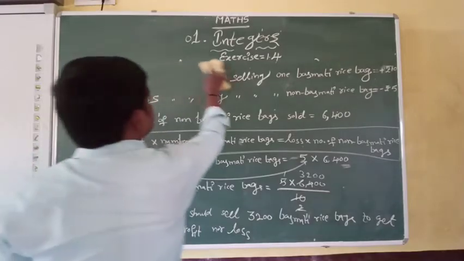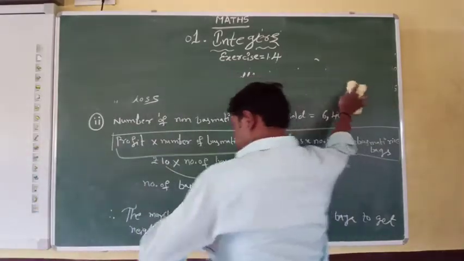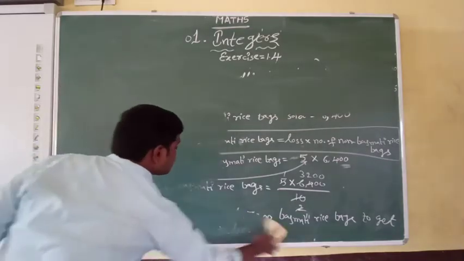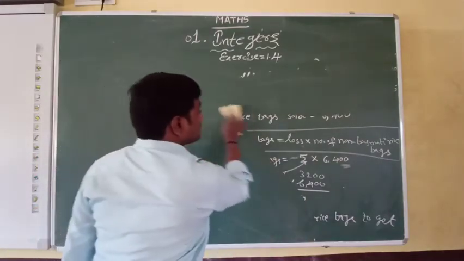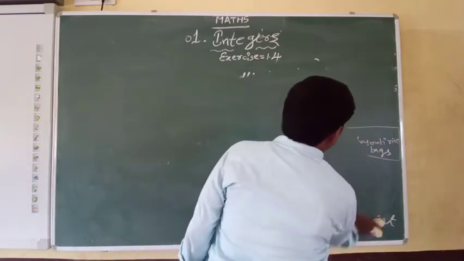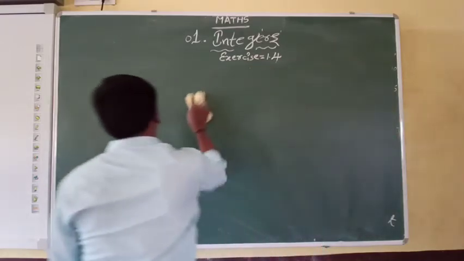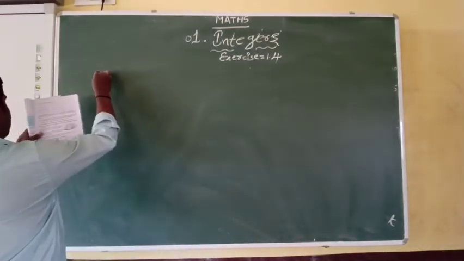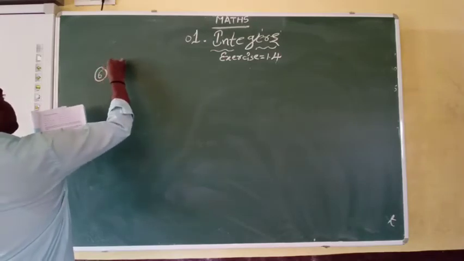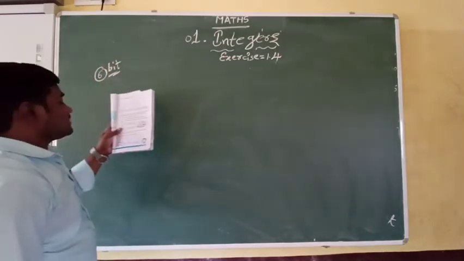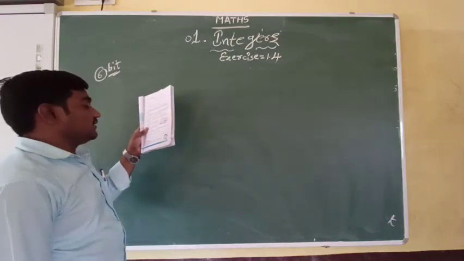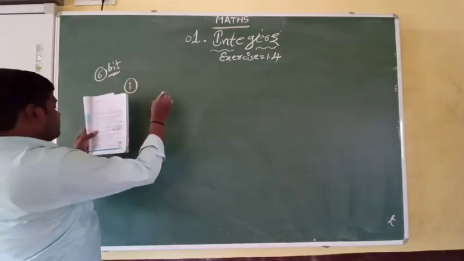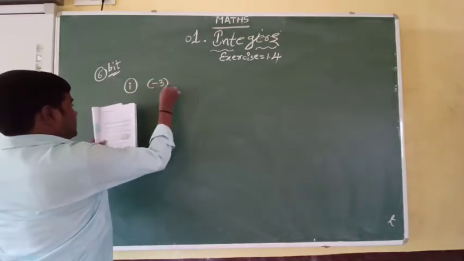And there is a last question in this exercise, the sixth question. Let's go for the sixth one. It is very simple. It is also a filling the blanks question. Let us complete this, and with this the exercise will get complete. Again, there are 3 more exercises in this chapter. Sixth: replace the blanks with an integer to make it a true statement.